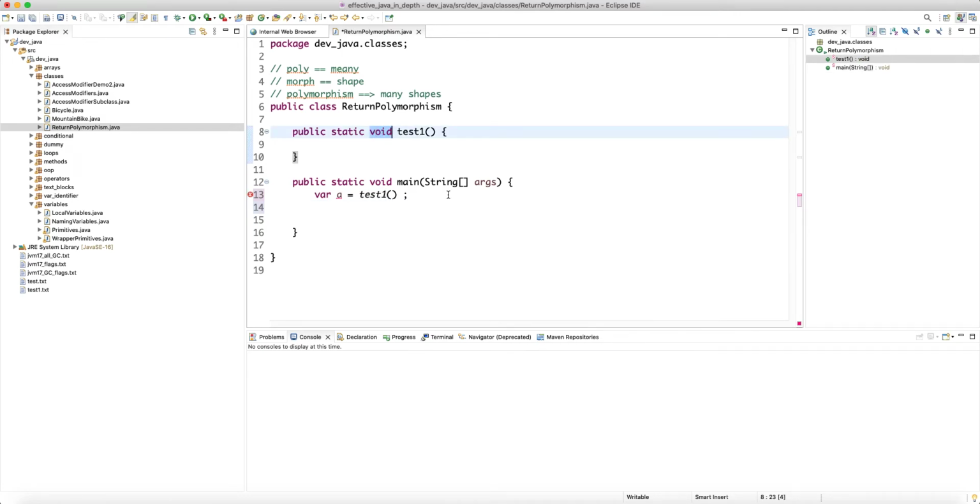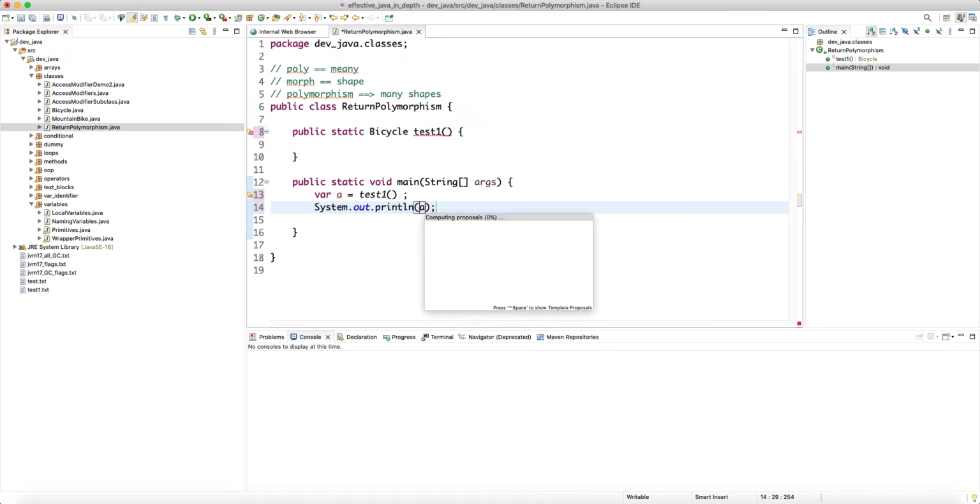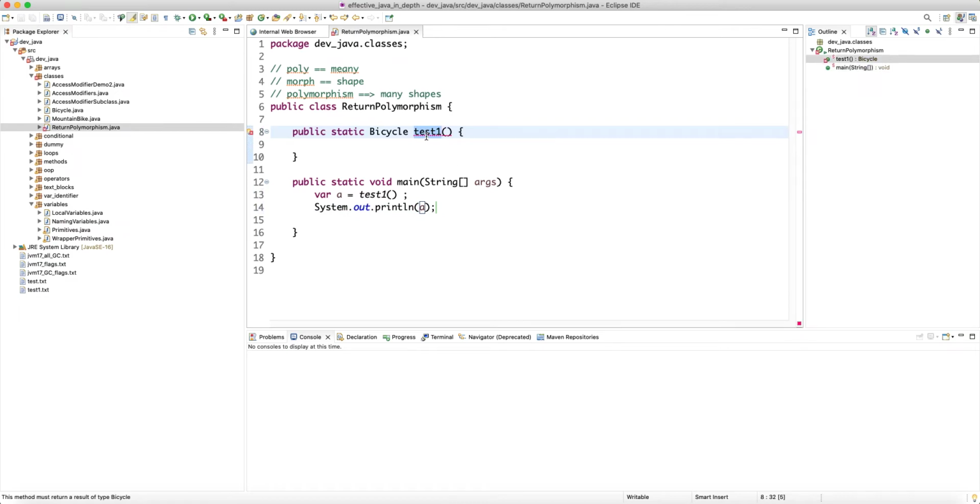So let's see. This method right now it's void, but we're going to set this to bicycle, all right? And then do a sysout on the a, right? This bicycle that we're returning. So we're declaring that this method is going to return a type that is bicycle. Now obviously static and public are not that important for this demonstration, but for now we're getting a compilation error